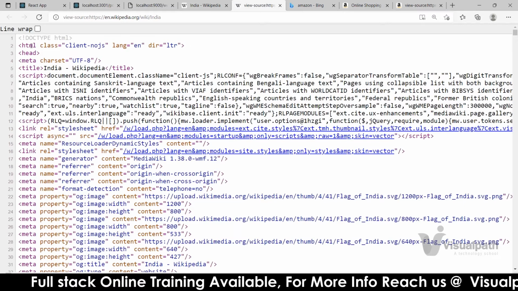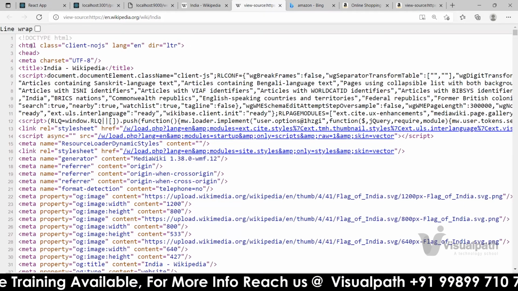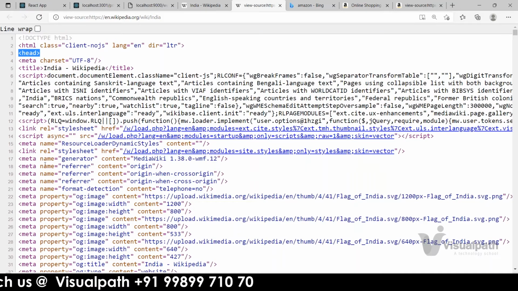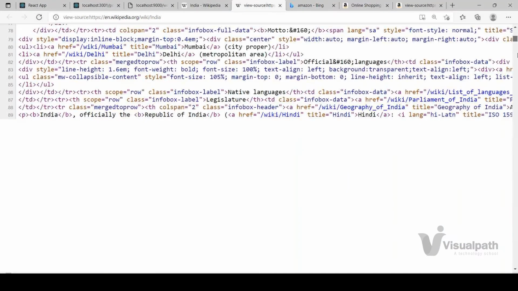Taking some time. Yeah. If you look at line number 2, what is started? HTML, right? Then immediately what started? The head tag, right? In that some links and some extra metadata are added.